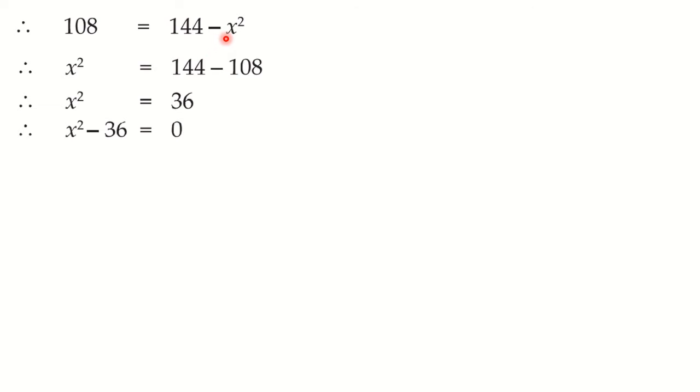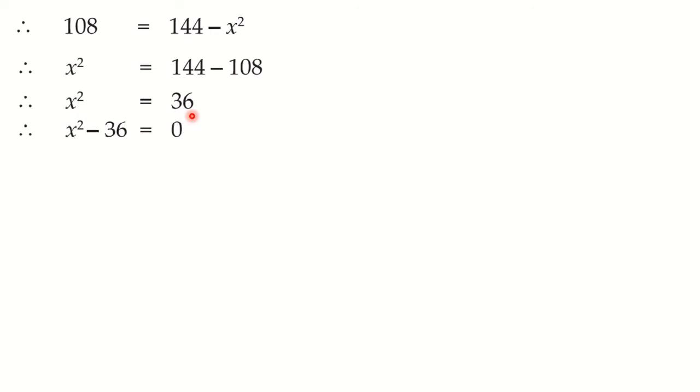If you can do it directly as I have said just now, shift this x square this side, so it will become plus x square, and 144 minus 108, we are going to get 36. So this is the standard form of the quadratic equation. Okay. Or you can do these steps also. If you don't understand the direct conversion, you can do it like this. Take this minus x square this side, so it will become plus x square, and 108 you shift this side, so you will get 36.